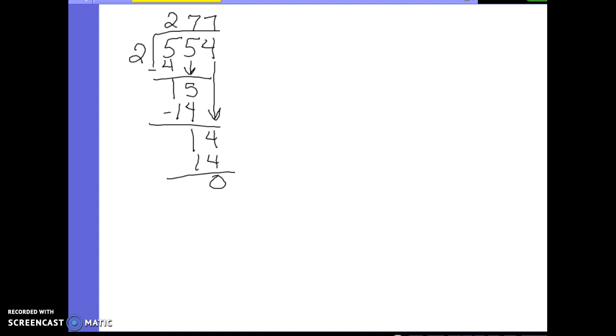Okay, here we go. We're going to take 277 times 2. 2 times 7 is 14. Regroup the 1. 2 times 7 is 14. Plus 1 is 15. Regroup the 1. And 2 times 2 is 4. Plus 1 is 5. Okay, that is number 6. Sorry, what is number 7? 680